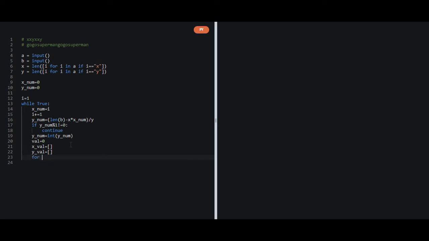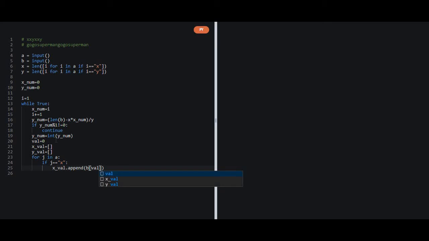Now we will loop through our input variable a, and if we get j equal to x, then we can add a value to xval, and that would be the values inside the b variable.